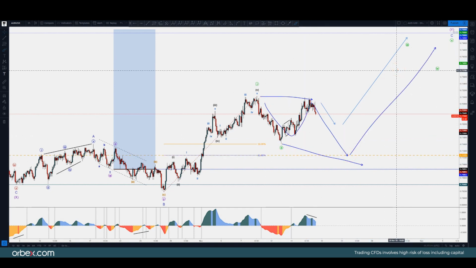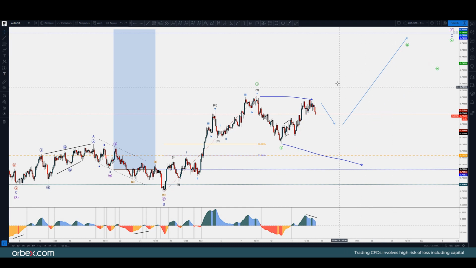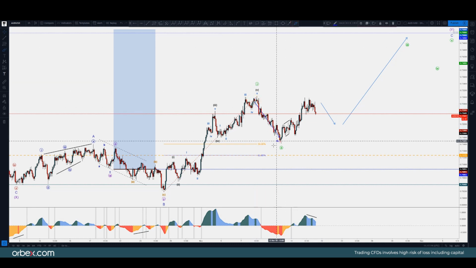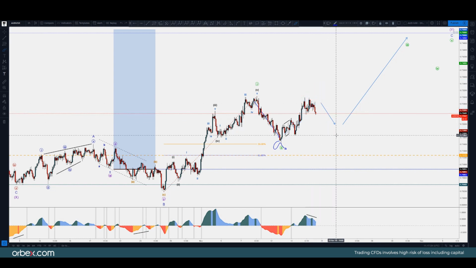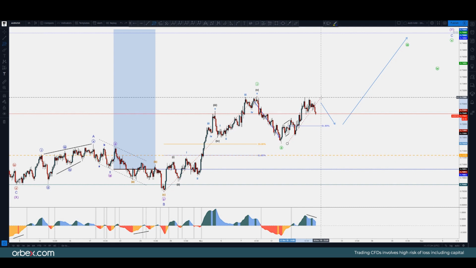So it needs some patience. Notice there is a divergence right here. So yeah, this could pass as a wave A and then A, B, C, B and then 1, 2 and then the sell-off, right? So yeah, a possible confirmation could come from a Fibonacci retracement lower than